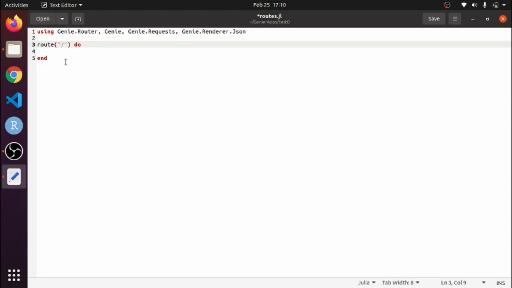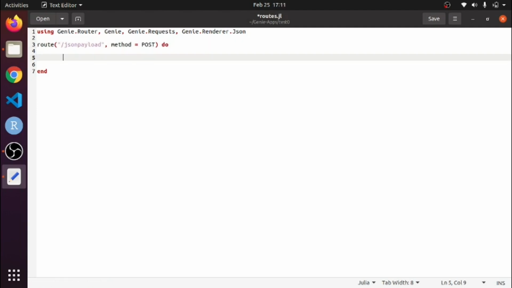Now I am making the route, the JSON payload, whatever name you can give, and I want to do a POST request. So the method I want is POST. To show you the JSON response, you have to use the macro @rest. So I want to show the JSON payload.